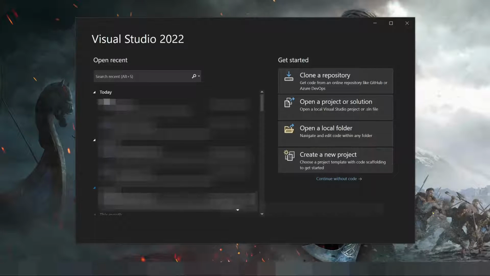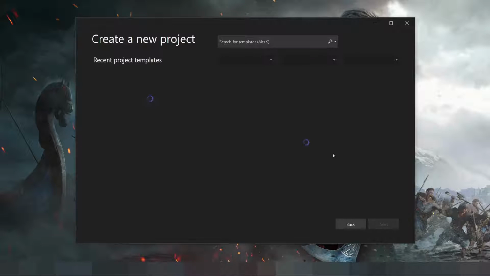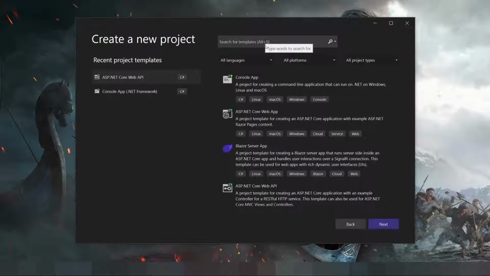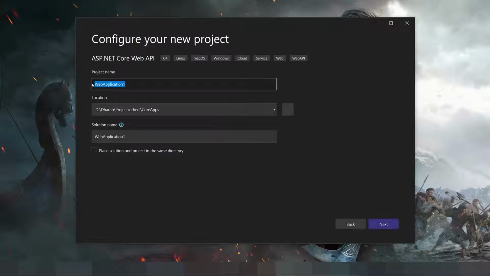We shall start from scratch. To use .NET Core 6, you have to install Visual Studio 2022. It supports .NET Core version 6. Now I can go to create new project. The new project is ASP.NET Core Web API. I'm using a Web API project for this demo. Click Next, and we have to set up